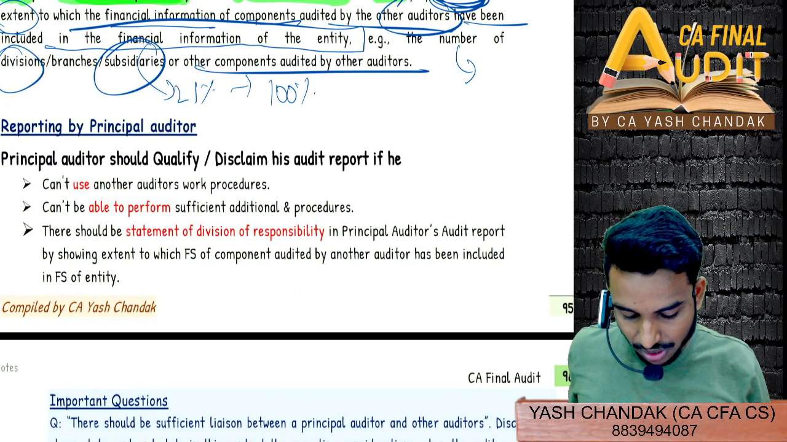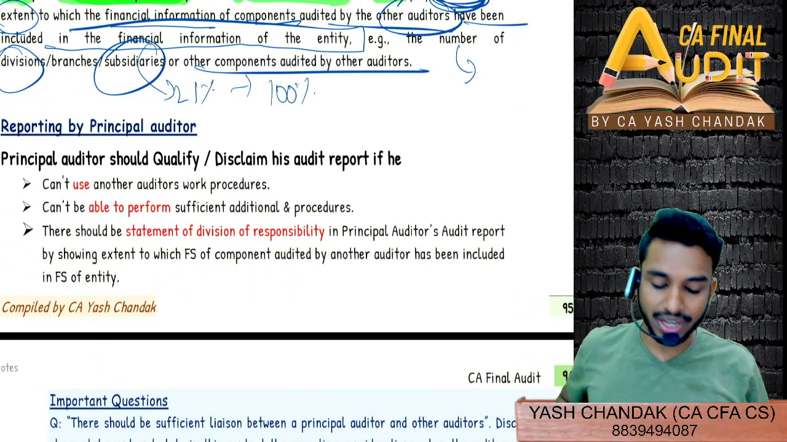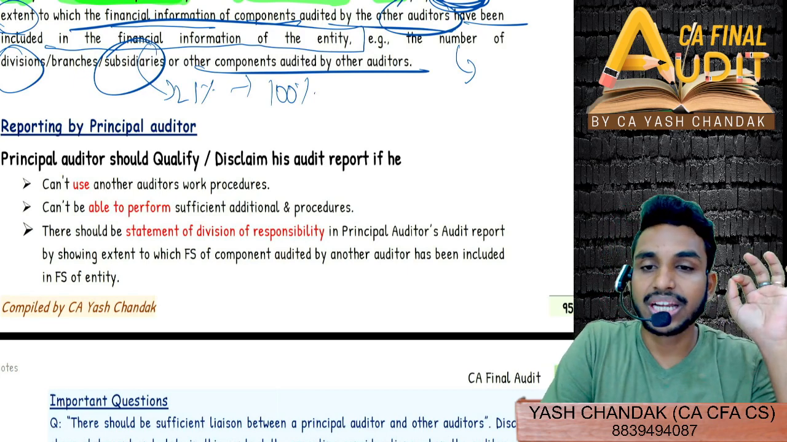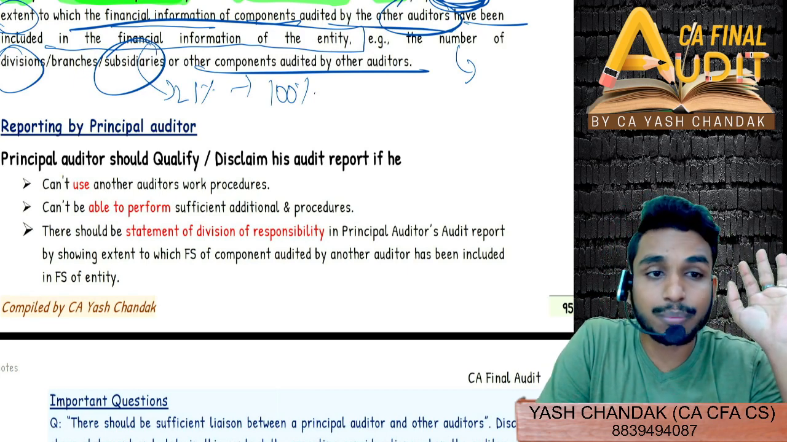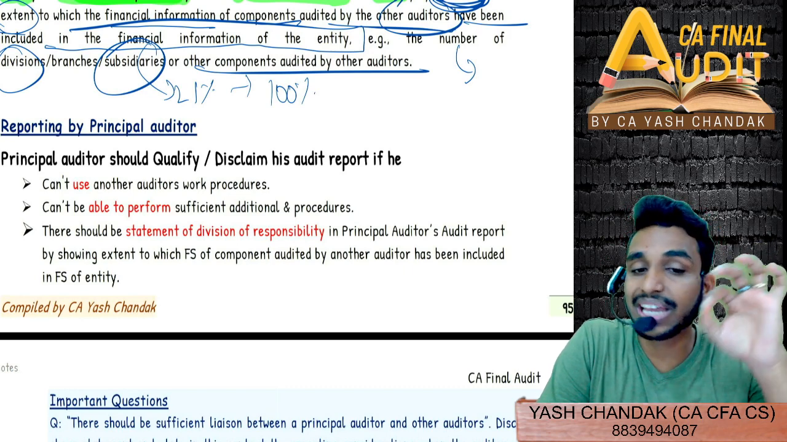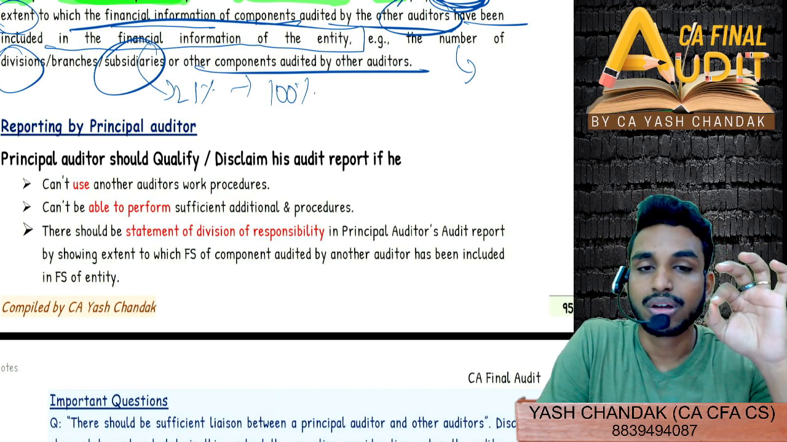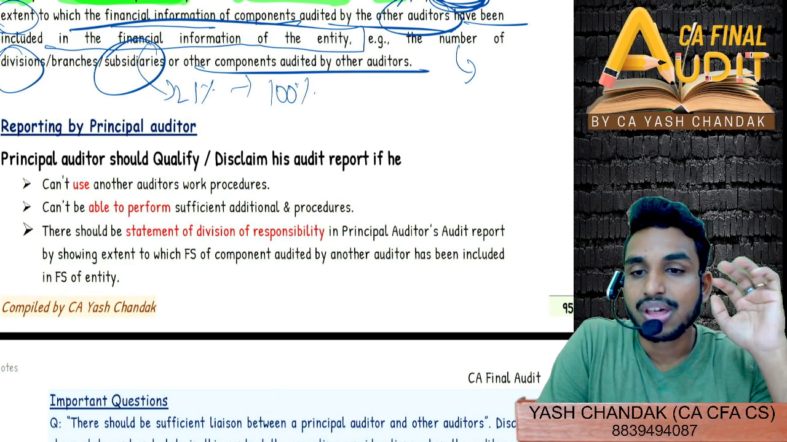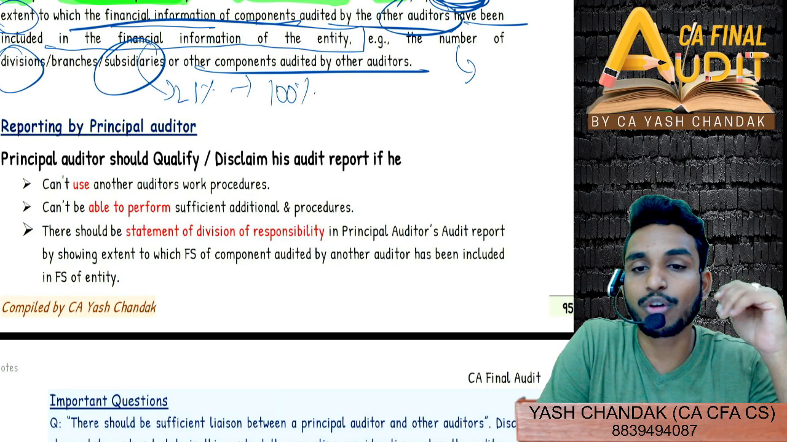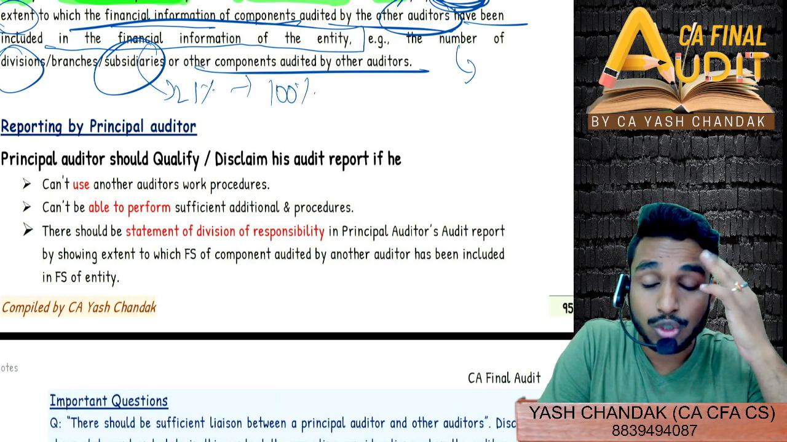Now come to reporting by principal auditor. So principal auditor can qualify or disclaim his audit report, if already we have discussed, right? If he cannot use other auditor's work, if he finds that other auditor का जो work है is not adequate for the purpose of principal auditor. Secondly, is not able to perform sufficient additional audit procedure to obtain audit